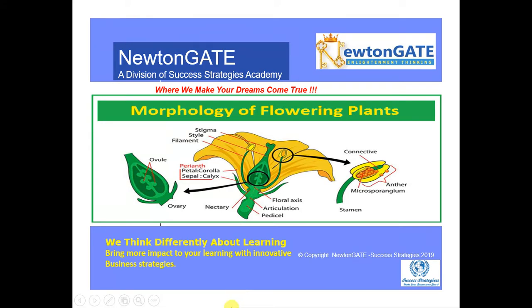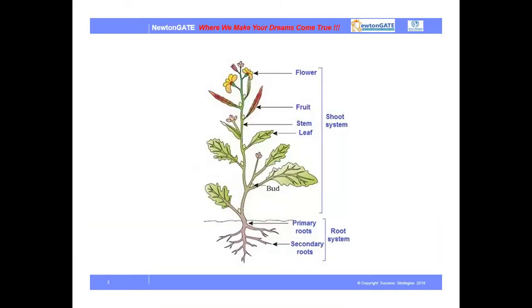Flowering plants or angiosperms are one of the most diverse groups of plants. So, a plant is characterized by roots, shoots, stem, leaves, flowers and fruits. And before starting this video, I also mentioned that I am going to discuss the roots and modifications in this video. So, the portion of the plant which exists below the soil is called the roots, and the portion of the plant which exists above the soil is called the shoots.